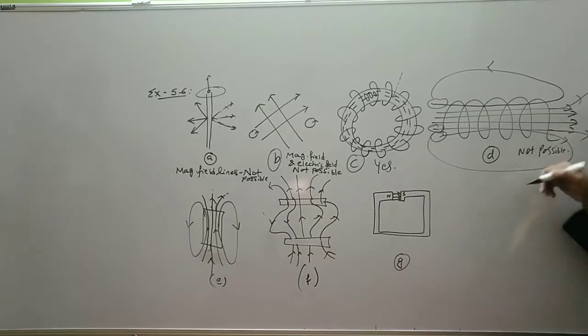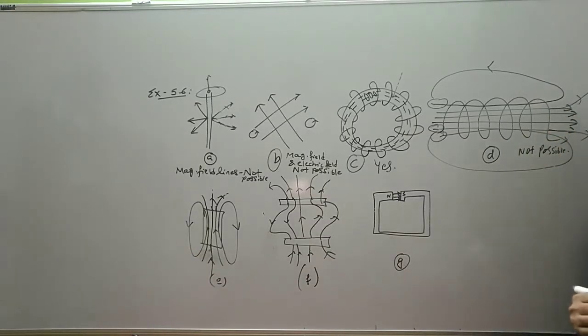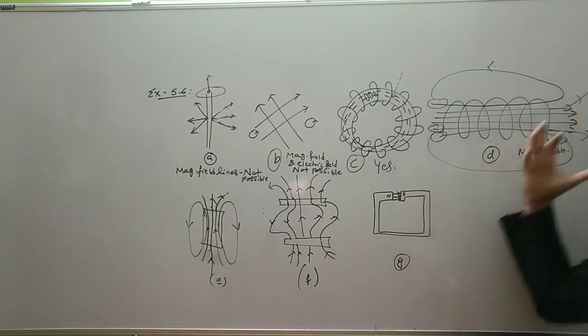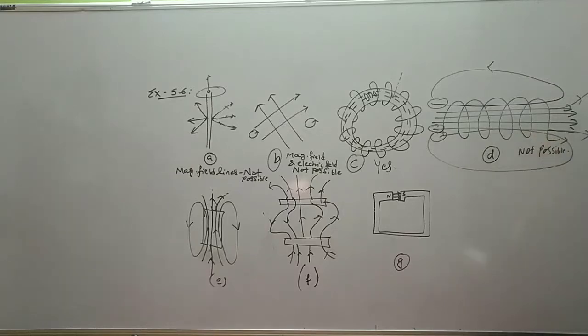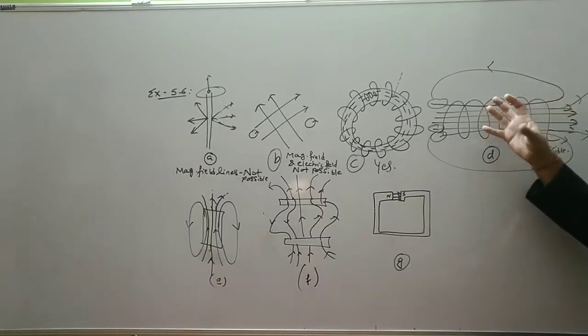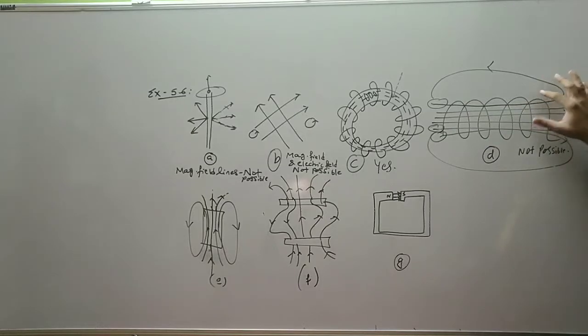Yes, electric field lines, but again the bending of the field lines always takes place. It is impossible, or in the ideal case we can consider that electric field lines are straight, otherwise they also bend at the edges. So not possible for electric and magnetic field. There is no bending. And for a solenoid, the magnetic field intensity is uniform inside it, not on the edges. Though outside the solenoid we have considered the magnetic field to be 0, and this is the reason, because it forms a closed loop. So this is not possible.